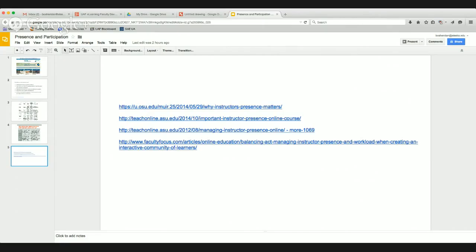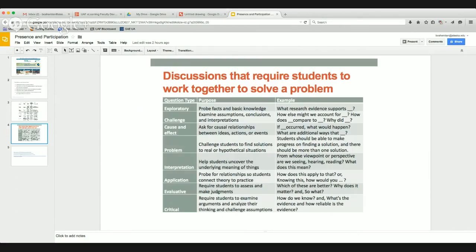Yeah, actually, the discussion on the very previous slide, is that more for synchronous, or could it be applied to asynchronous as well? Because designing an asynchronous class, I'm having a hard time figuring out how to get the students to work together. Are you going to talk about Collaborate? I'm going to talk about Collaborate, which is primarily synchronous, or asynchronous if you record it and make the recording available. So with this, if you have an answer for it, go for it. If not, I'll put my 2 cents in.